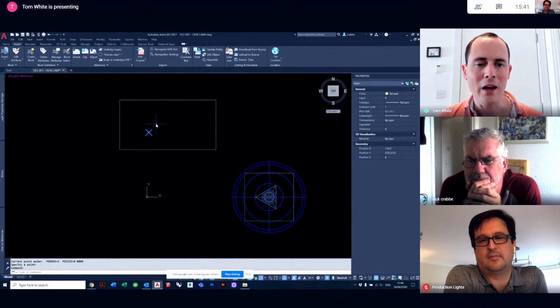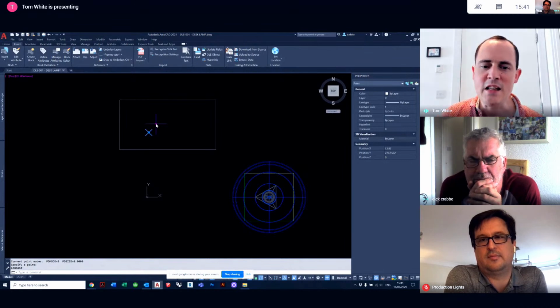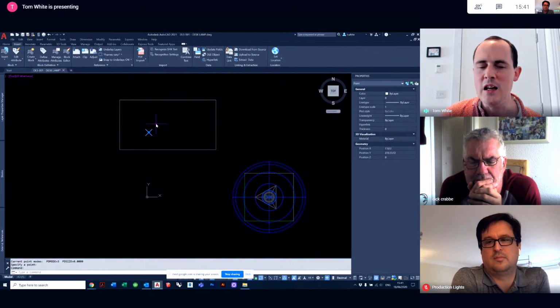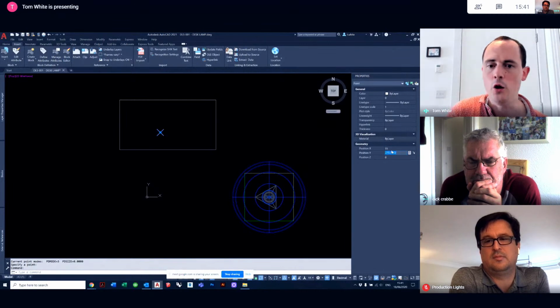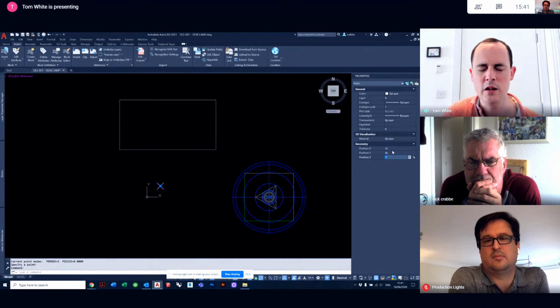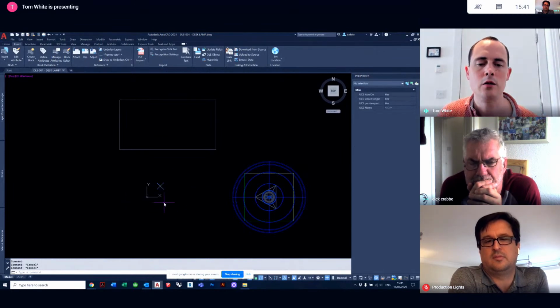But what we do know, and can visually see, is the X position, which in this circumstance is left to right, is 8 millimeters or 7.9 millimeters. And the Y, which in this circumstance is north-south, is 271 millimeters. And in here, if we choose to, because it's based on the coordinate system, we can override the position of that point by entering data in here. So 55 millimeters and 46 millimeters in relation to the UCS, or the